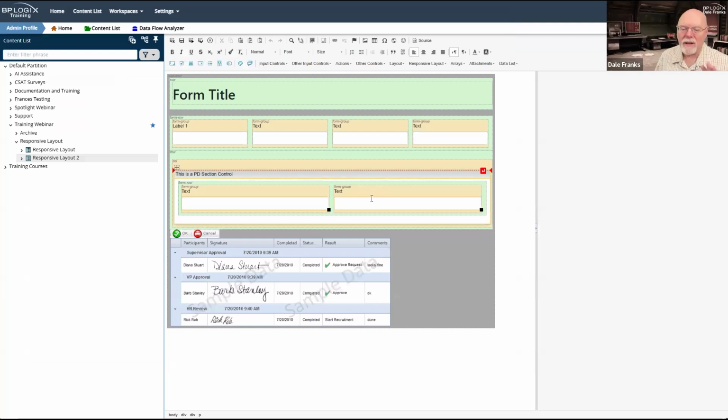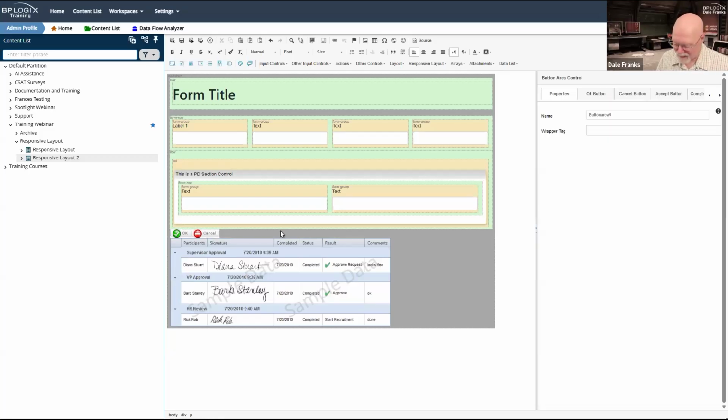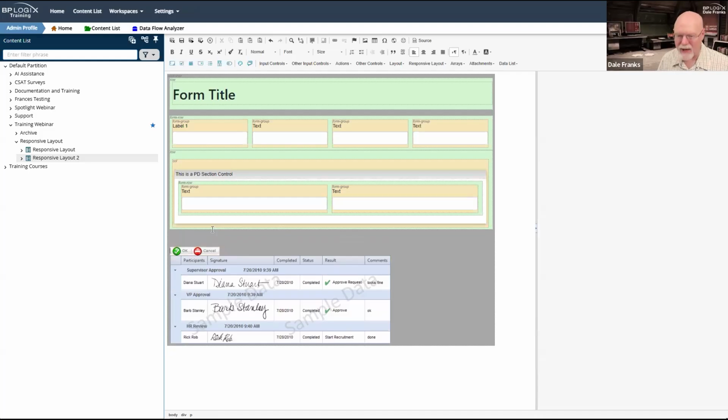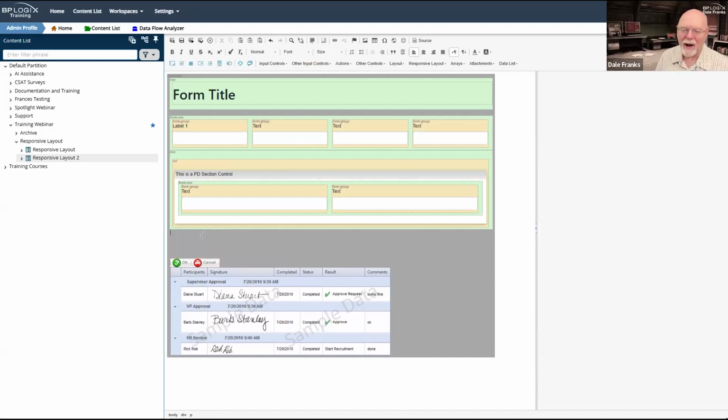Now, that is the process director control. I might want to use a different control for that. And this is where it gets a little bit tedious. I'm going to have to manually add in a row there. I probably should add a couple of rows in here just for good measure to throw some other things in.